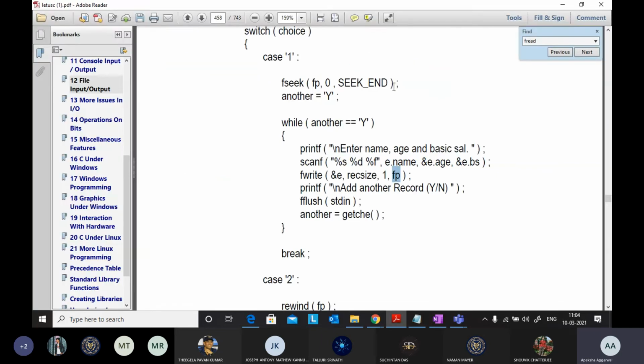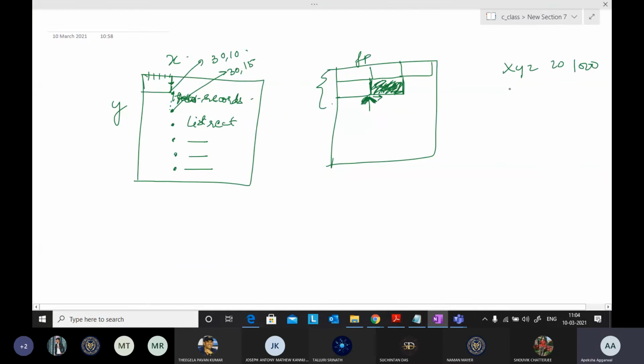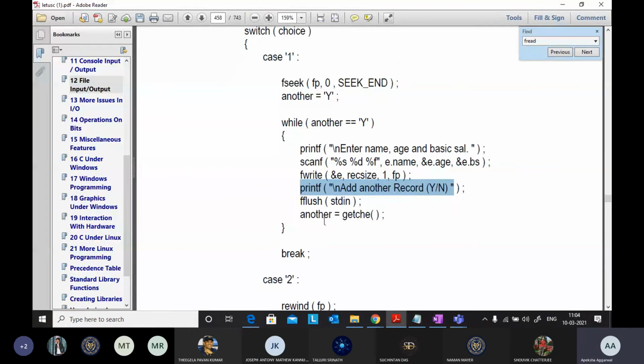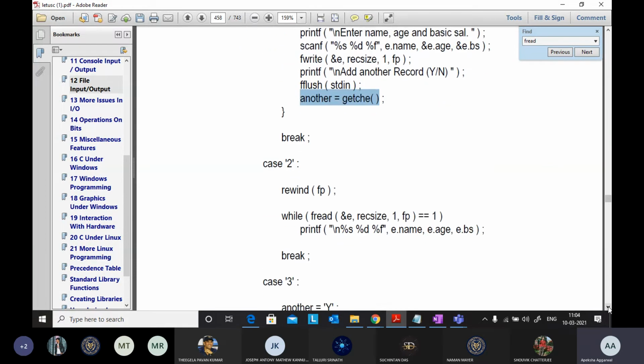Then it asks, do you want to continue? If the user presses Y, this loop will run. If the user presses no, it will break out of the whole switch, basically the while loop.